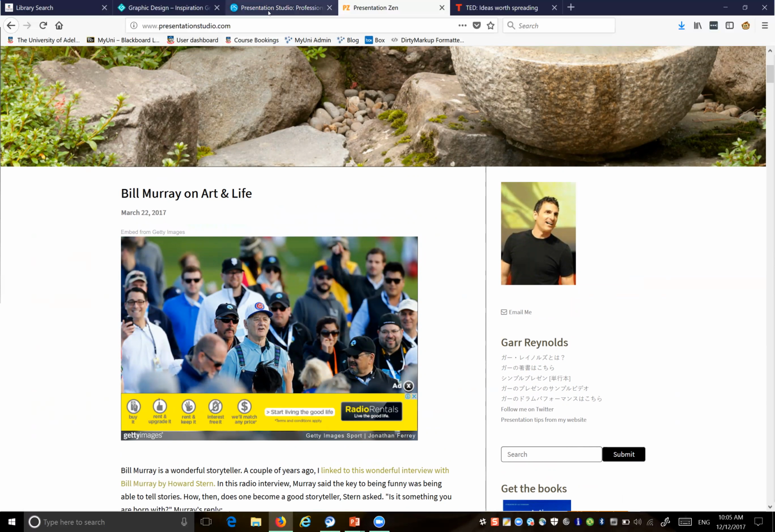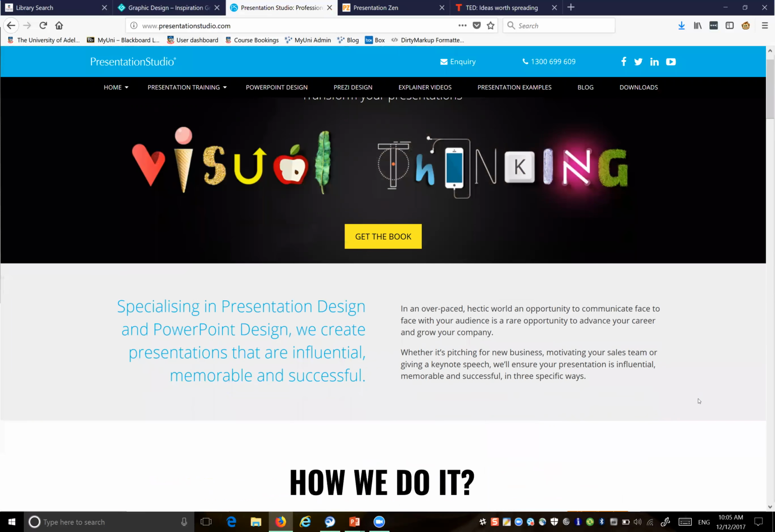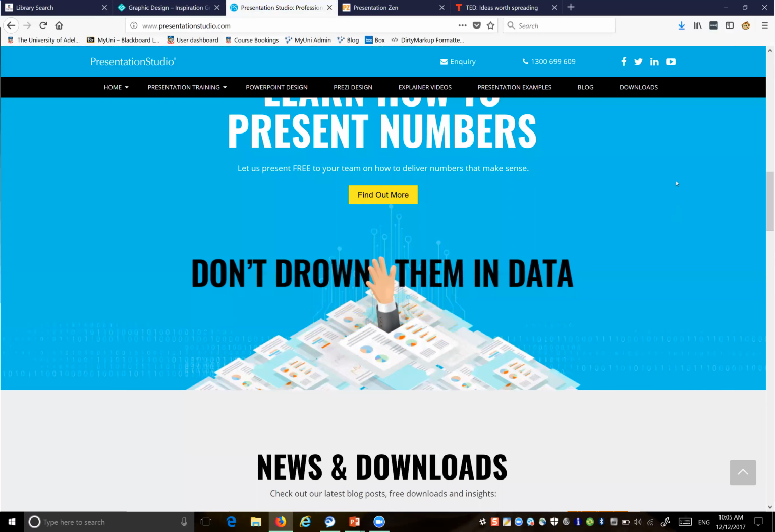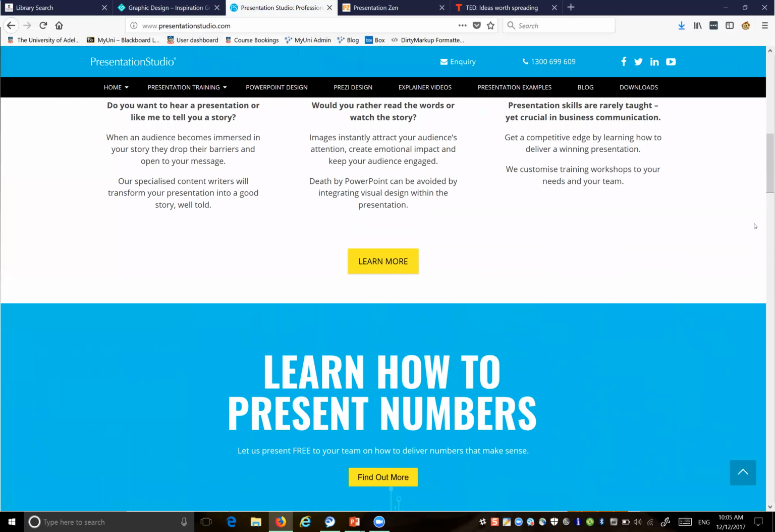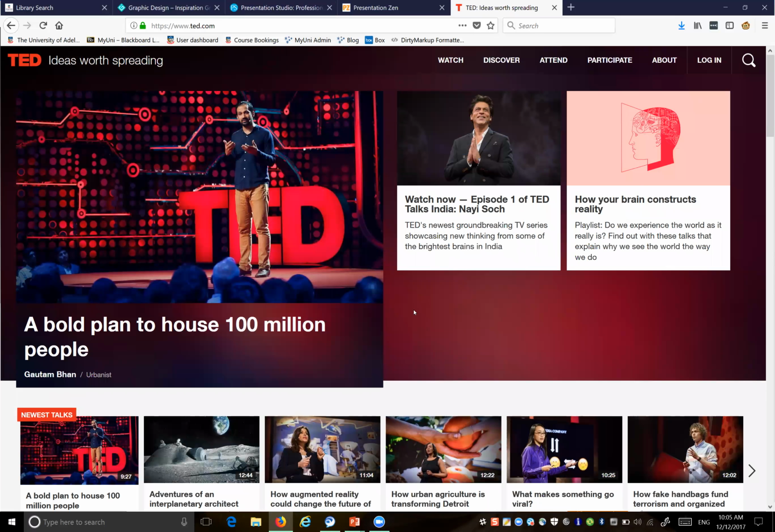There is also the Presentation Studio. So Emma is based in Sydney. This is a studio, and she's just got a book out called Visual Thinking, which I didn't know until I looked at this today. But yeah, there's some really interesting information here. There's a blog, but there are also presentation examples, so you can go in and have a little bit of inspiration there. There is, of course, TED. So not only does TED